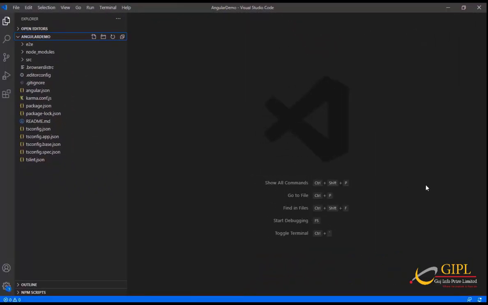Let's start our video. Last video we have created a new project through Angular CLI that installed the necessary Angular npm packages and other dependencies in new workspace. The workspace root folder contains various support and configuration files. So I open Angular demo project in Visual Code. However, we are discussing file and folder structure, configuration and routing.